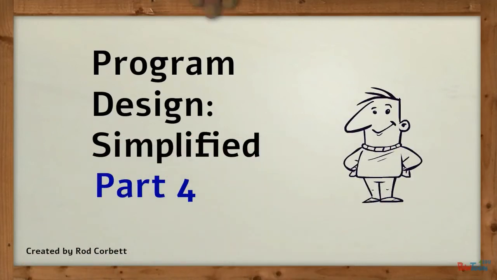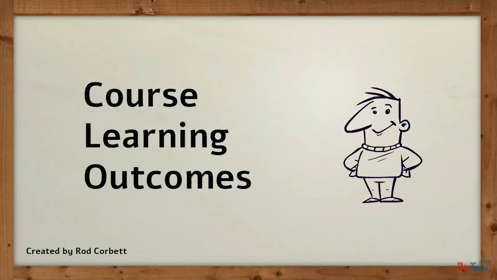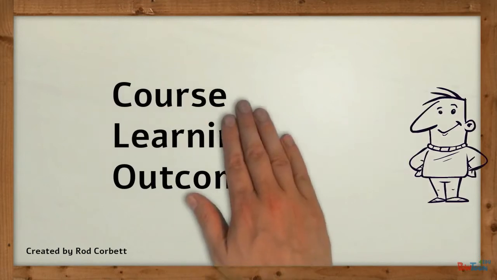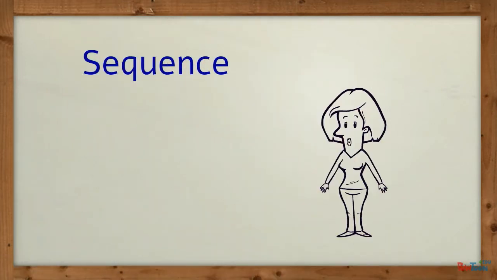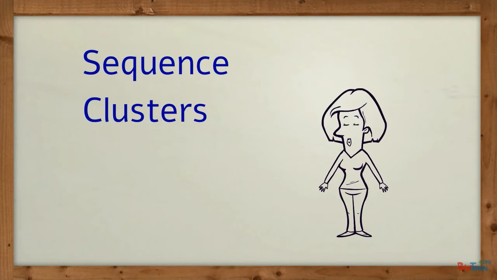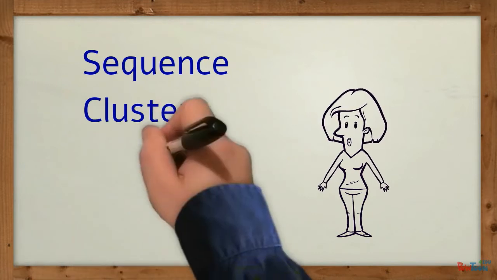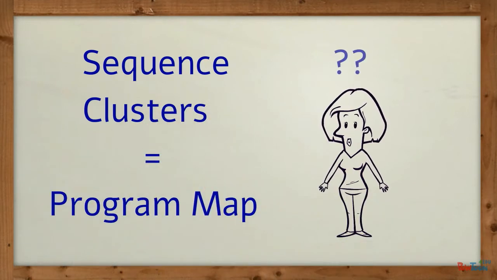In this episode, we will explore how to describe the learning outcomes of each cluster of principles in your program. In the last module, you sequenced and chunked the principles of your program into a sequence of clusters that we can refer to as a program map. How are you going to proceed with the final step of designing your program and start designing the courses within